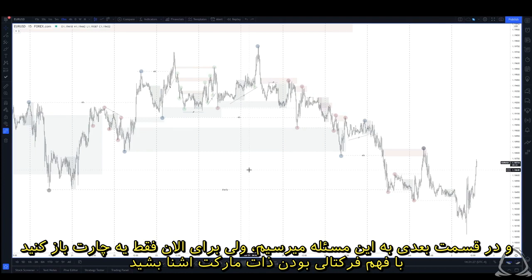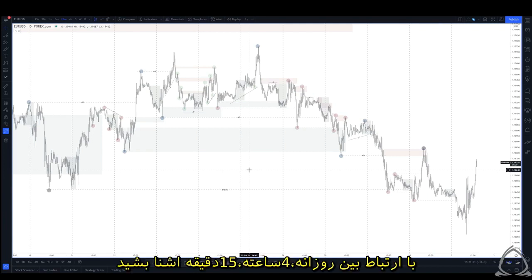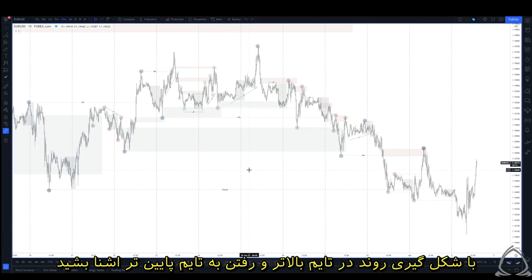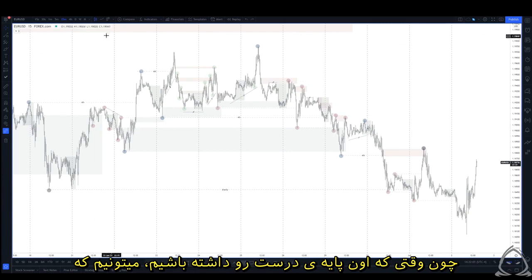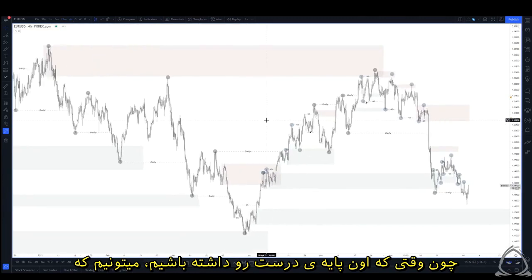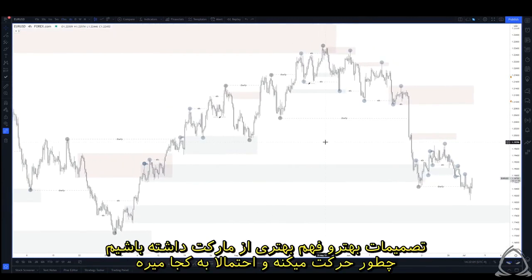But for now, just hit the charts, get comfortable with understanding the fractal nature of the markets, get comfortable seeing how the daily, the 4-hour, the 15-minute, for example, interact with one another, and get comfortable with seeing how the trends form on the higher time frame and go down to the lower time frame, and how the trends form on the lower time frame and go to the higher time frame. Because once we have those building blocks, once we have that proper foundation, we're able to make better decisions, and we're able to better understand the market